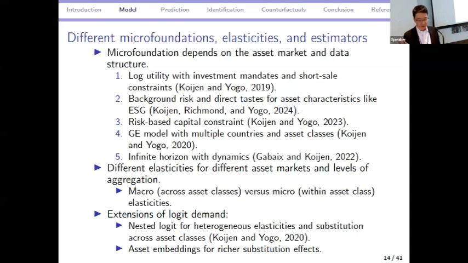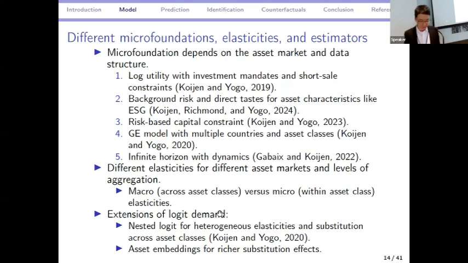The elasticity depends on, right, which elasticity. Is it for corporate bonds? Is it for equities? Is it micro elasticities for like NVIDIA, or macro elasticities, which are the elasticities between stocks in general and the bond market? Okay, so you need to be careful about, when you say elasticities, what asset, which country, and so on. Okay. And then a lot of people think, well, demand systems is all about logit demand.